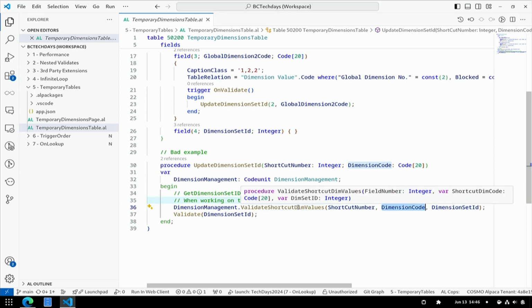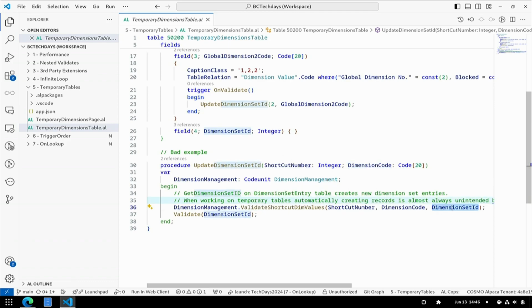And this procedure validates or gets me the dimension set based on the dimension code I give it. Which is base app code. I mean, you all probably recognize this. So when I do this, the dimension set ID gets updated. This is the field.